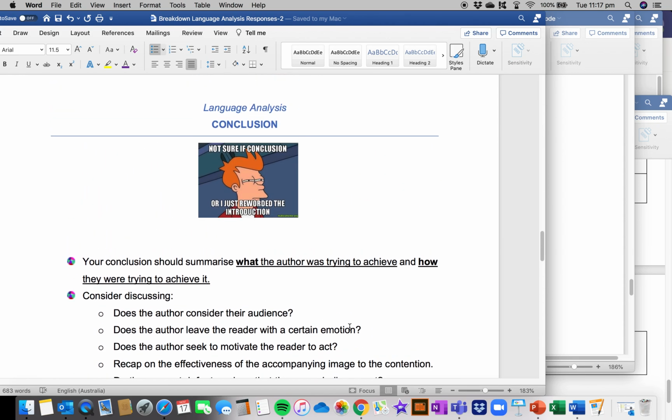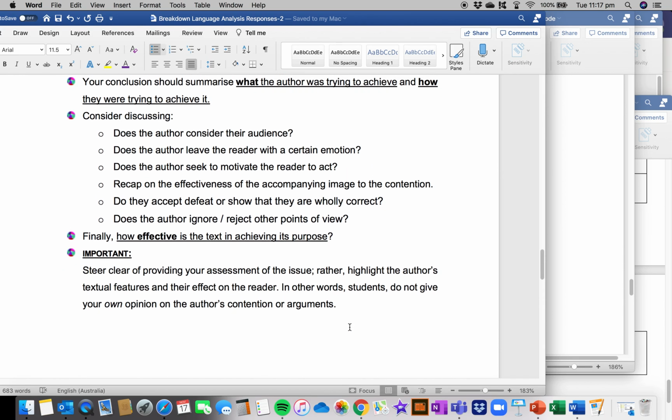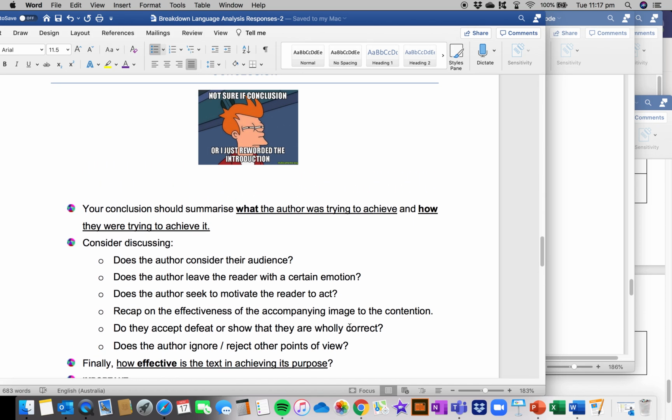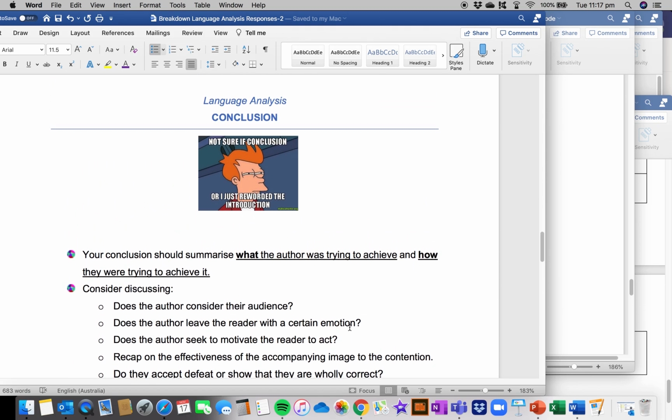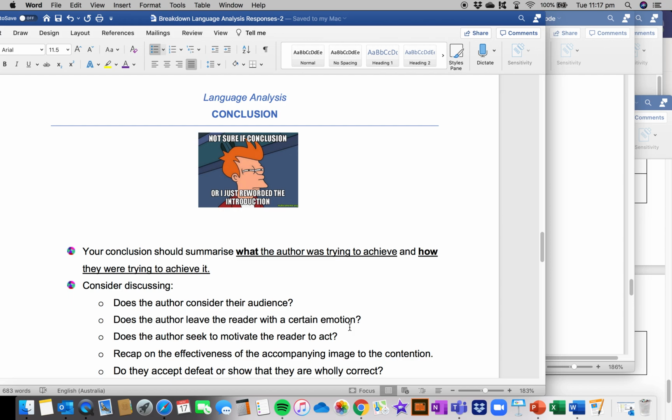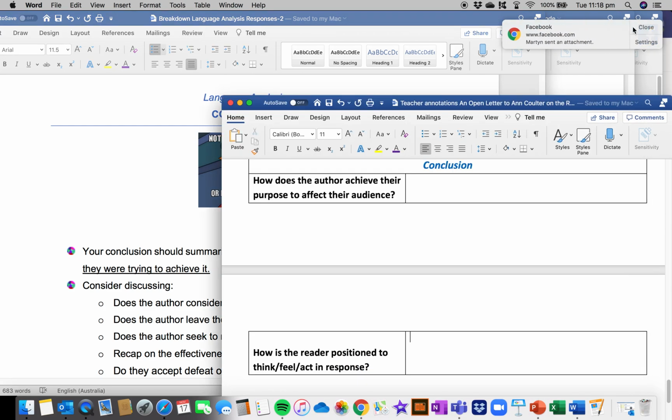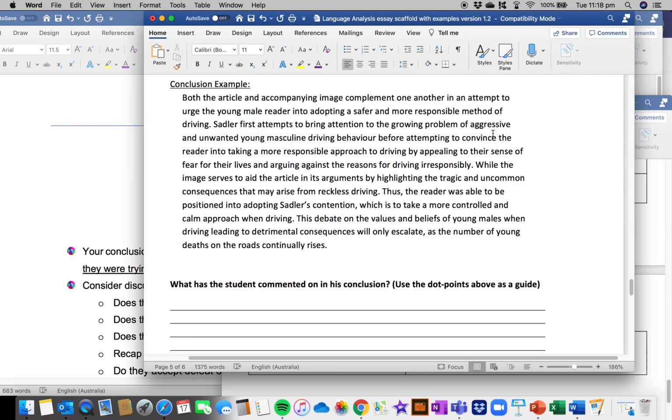So that's the first thing I wanted to do, is just unpack with you what we include in a conclusion. Now, we're going to look at an example of a conclusion, but we're going to sidestep and look at a totally different conclusion that's not related to the R word. The reason is because I'm going to get you to write the conclusion yourself. I have not written a conclusion for you. So I'm going to give you an example of a conclusion of a totally different article.